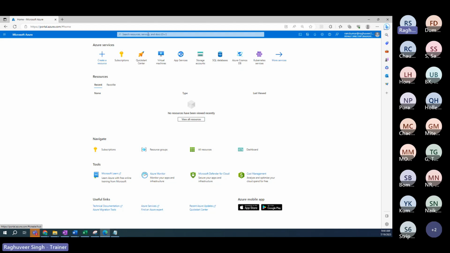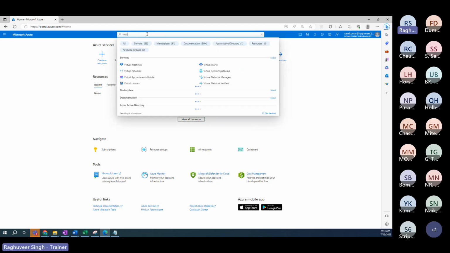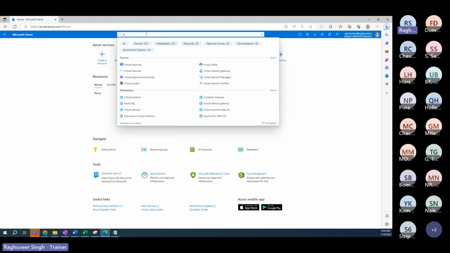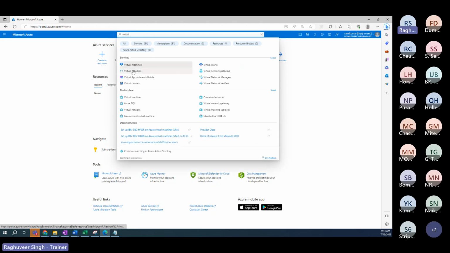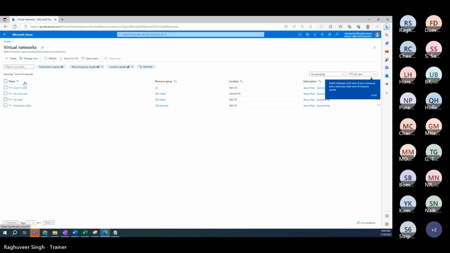So how do we provision a virtual network? We will search for virtual network in the search. Here you see virtual networks, and you will see this is the virtual network blade, where you will see a couple of virtual networks if they are there in the account. If there is no virtual network, it will say no virtual network. So what you need to do,